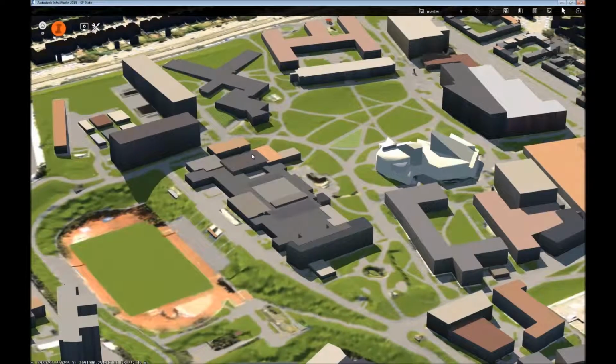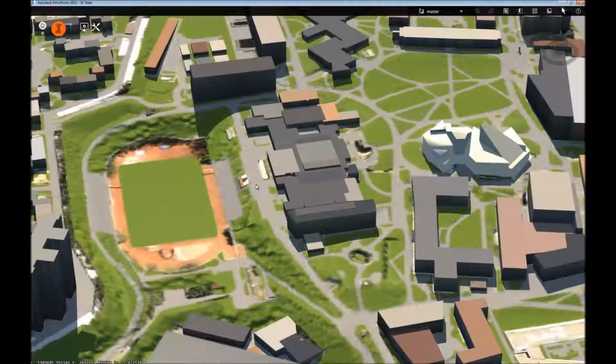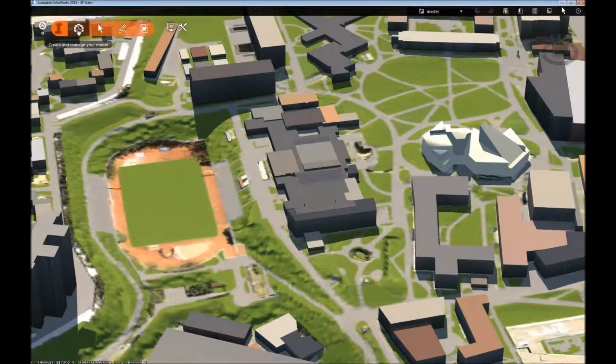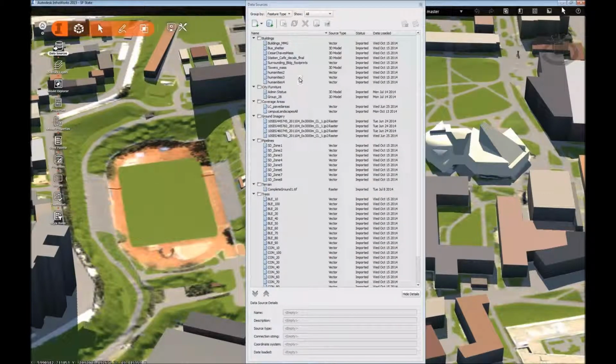There's many types of data sources that are capable of coming into here. Autodesk organizes it pretty well, and so they have this data source tab right here where you can import and configure data. You can see with this project we have buildings, we have city furniture, which are basically just small models like telephone poles or fire hydrants. We have coverage areas, which is the land cover, like the baseball field or the soccer field down here, and roads and concrete areas. And we also have ground imagery, which is just high-resolution satellite imagery, which you can find on USGS